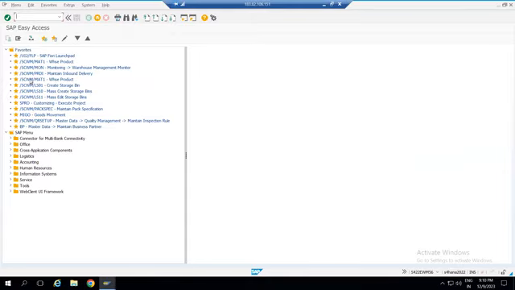This is S4HANA 2022. You can see the system details, and you will get the remote server desktop. You don't need to install any software on your laptop. You can directly connect to the remote desktop, and here I will simply run one process.